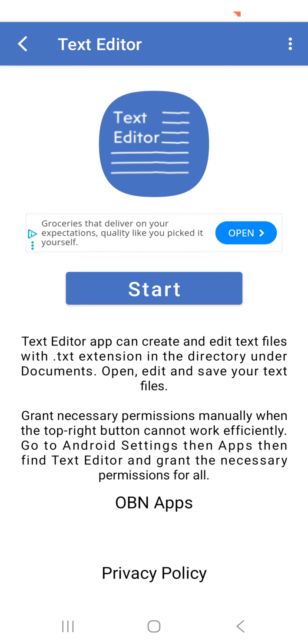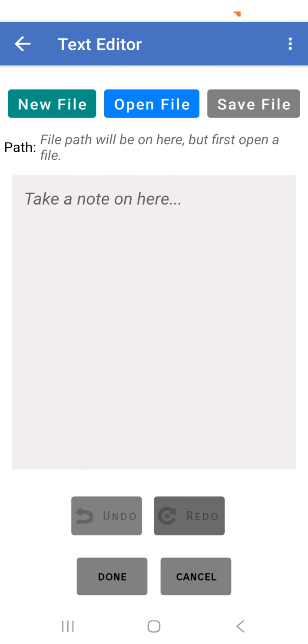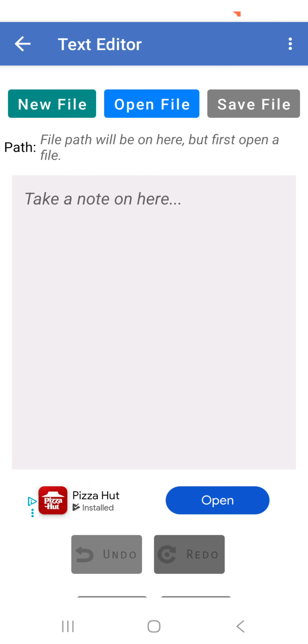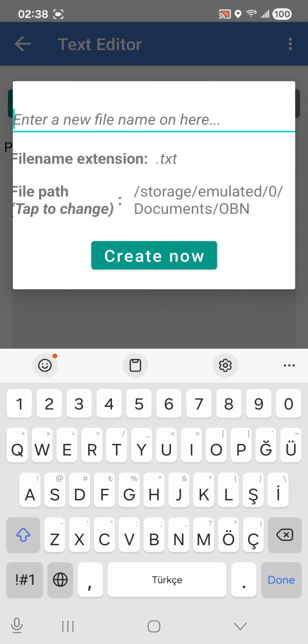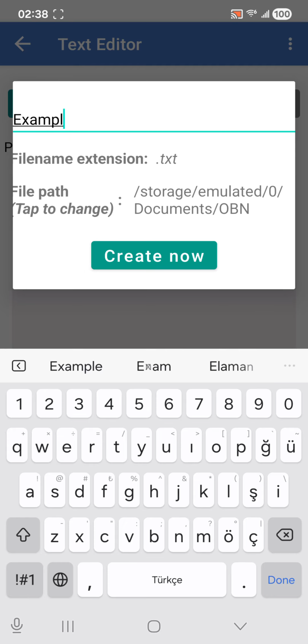So this is the main screen of the application. Here you can see the start button. For the first time, if you don't have any text file, just click new file and enter a new file name here. For this example, I am going to say example number 1 as a file name,